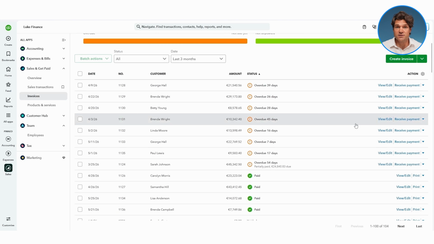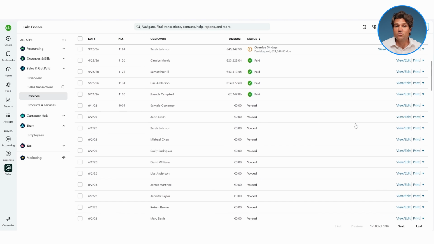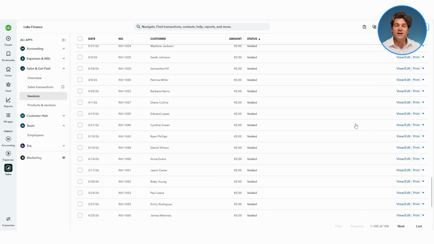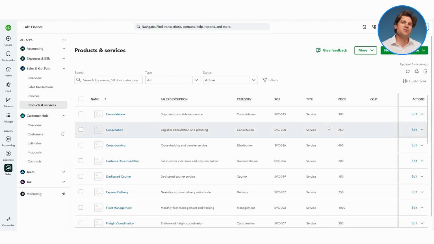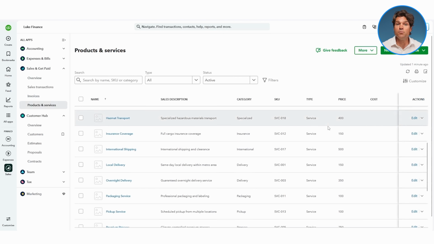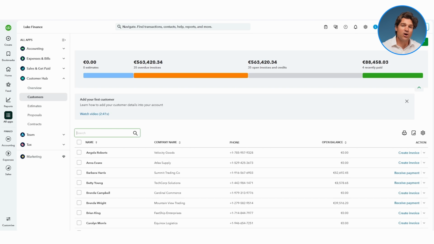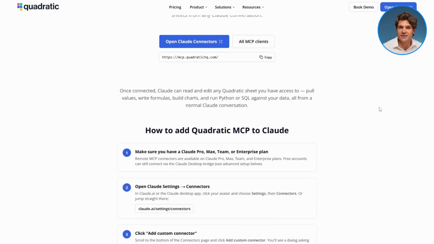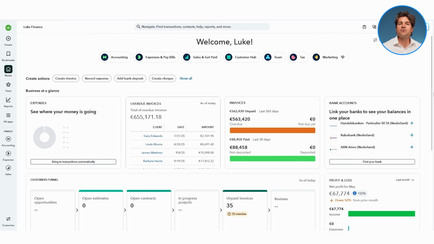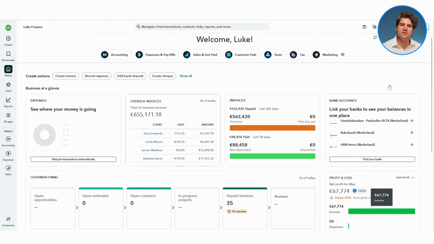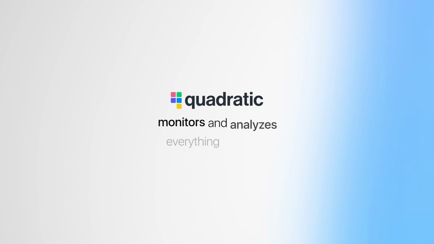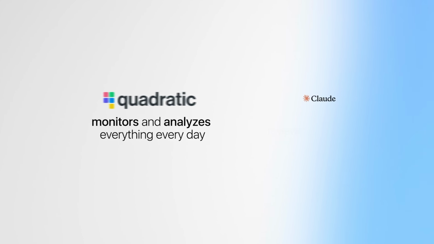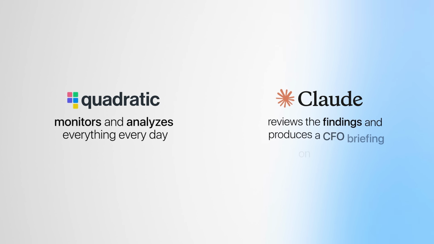Employees create invoices, record payments, and update customer records as part of their normal day-to-day work. The data keeps evolving on its own, which means the monitoring layer always has current information to work from without anyone preparing a thing. The layer that turns that raw activity into analysis is Quadratic, because QuickBooks captures the business as it happens, Quadratic monitors and analyzes it every day, and then Claude reviews the findings and produces the CFO